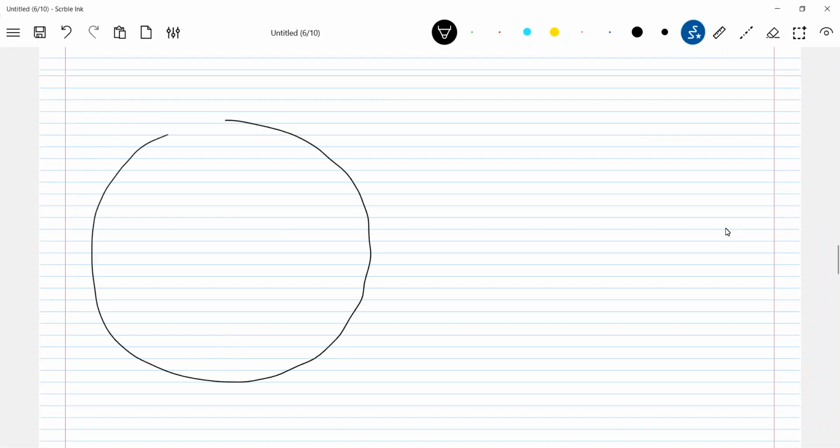I'll go to the next page. Okay, let the particles move in a circular path. So there's a particle B or particle 2, I'll write it. Or B will write it. So it is moving in circular path. So angular velocity and the radius vector is RB, and the other particle